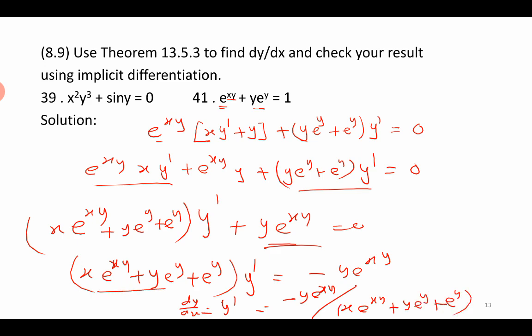This coefficient is in the denominator. So both answers, equation number 1 and 2, are the same. We have verified this one. And the last problem,